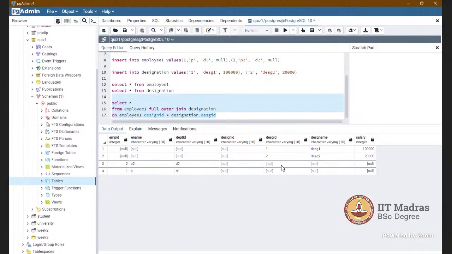Foreign key into designation. In the employee table, designation ID is a foreign key, right? So there must be at least one entry for a designation ID which is present in the designation table. So if it is one, then only the maximum case will occur. If you consider 2 cases, then it will match with the 2 common records, then it will result in the rest of the tuples.